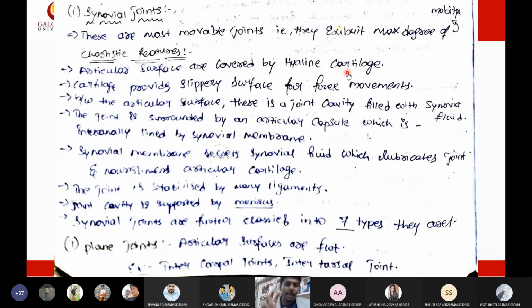Now, in some conditions this synovial fluid will be diminished. Some patients won't have the fluid inside these bones. If they don't have that fluid, the bones will meet each other and start rubbing each other. There will be a lot of friction between these bones. If there is more friction, the hyaline cartilage will be torn away. Hyaline cartilage will be broken.